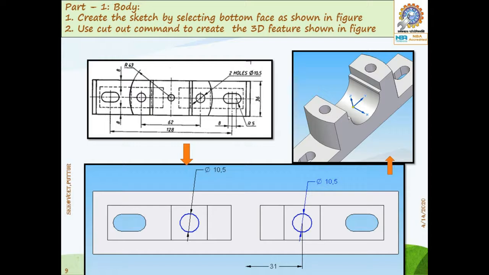The drawing is two holes of diameter 10.5, drawn on the previously drawn part. Then give a through-all depth throughout the upper side, so that you get through holes of 10.5. We mainly use these to insert the square bolt.